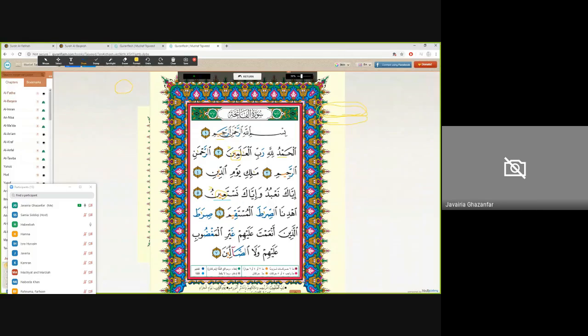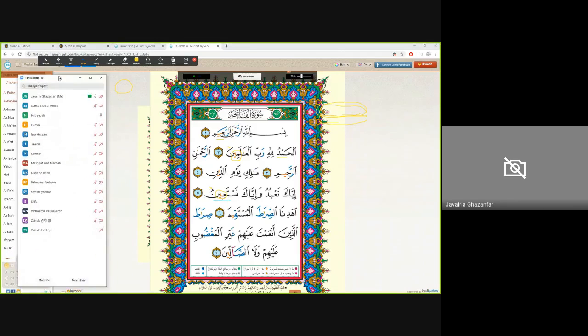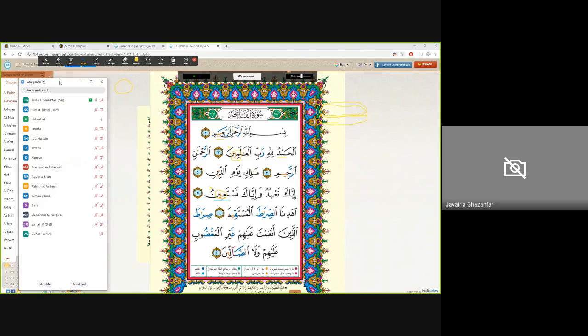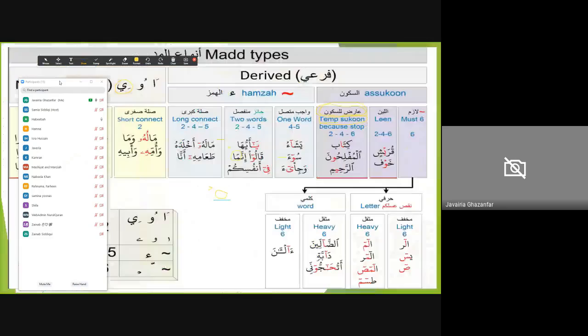And so what length would you like to keep for mad arid lis-sukoon, Habiba? When you recite this surah in your salah, yeah, but for Habiba, how long is she going to keep the length? Which one do you choose for your recitation? You want to keep it 2? So can you recite it for me?